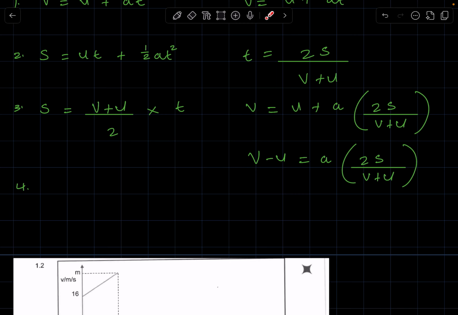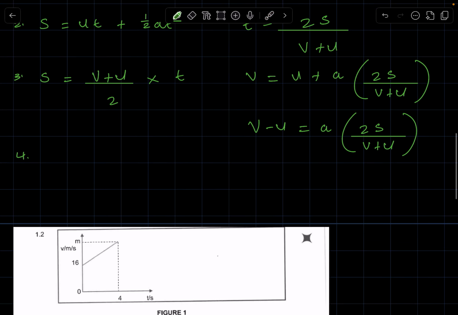To get rid of v plus u, you multiply both sides by v plus u, and then you will have v plus u times v minus u is equal to, and on this side, once you get rid of the denominator by multiplying both sides, you will be left with the numerator only, A times 2s, which is essentially equal to